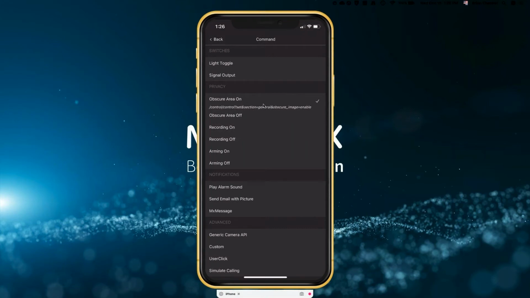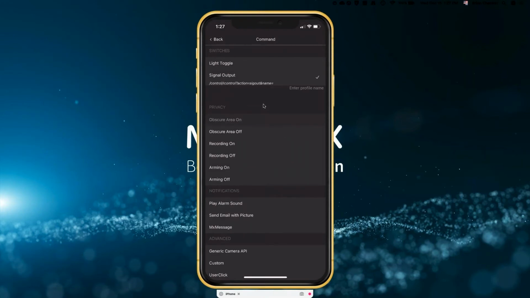Let me pick another one here. Let me uncheck that. Let's do this one, because that's dependent. The reason I chose this is because there's a little more homework to do ahead of time.